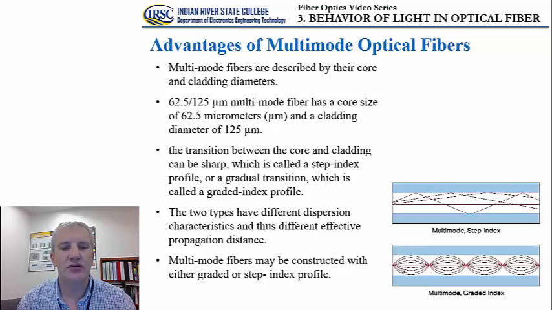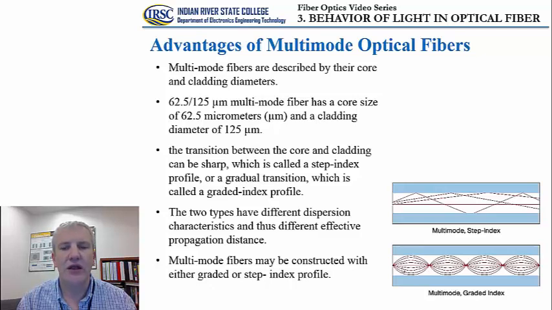Multi-mode fibers may be constructed with either graded or step index profile. So what we are talking about here are the properties of the core relative to the properties of the cladding. If the index of refraction of the core does not change as we're moving across the cross section of the core, and also the index of refraction of the cladding is not changing, then we are talking about the step